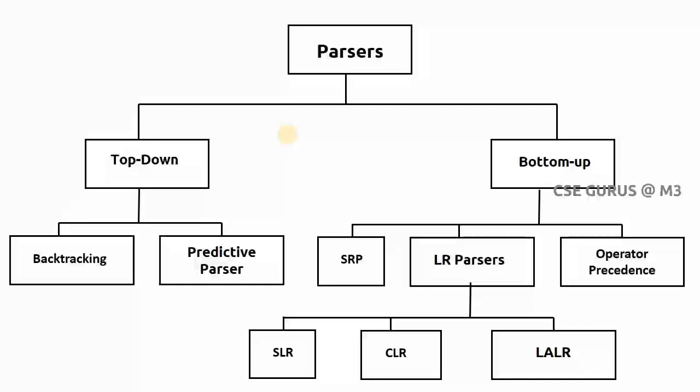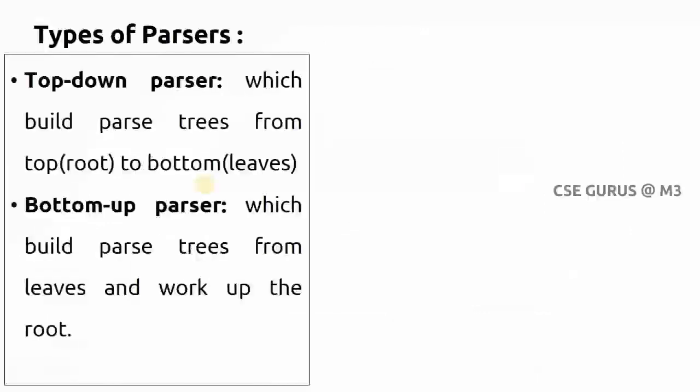So now we'll go for top down parsing. Parsers are divided into two types. Basically one is top down, the other one is bottom up. The first thing we'll see is what is a top down parser, which will parse trees from top to bottom. That means top means root to the leaves. So when a grammar is given, you have to derive from the start symbol up to the leaves. That means all the non-terminals should become terminals.